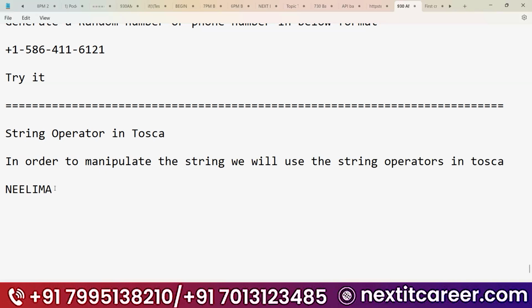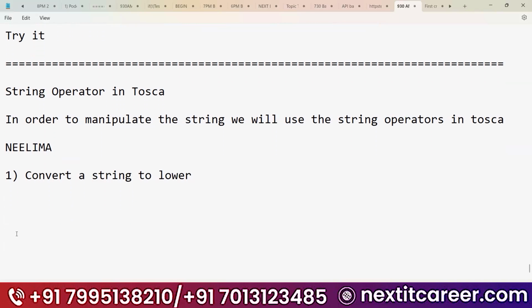For example, we have name equal to Nilima. I want to convert a string to lower. I have a name called Nilima, and now I want to convert that name into lower characters. So what is the syntax to convert it? The syntax would be curly bracket, string to lower, open bracket and close bracket, and close curly bracket. Here, you need to give the name.